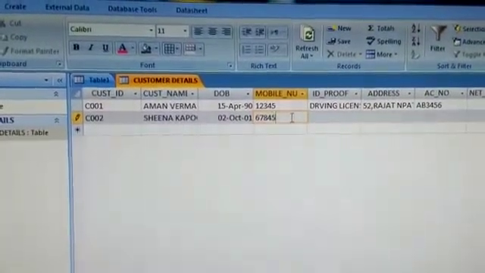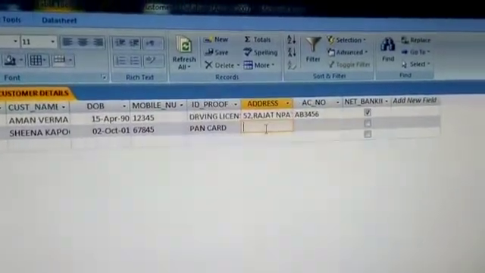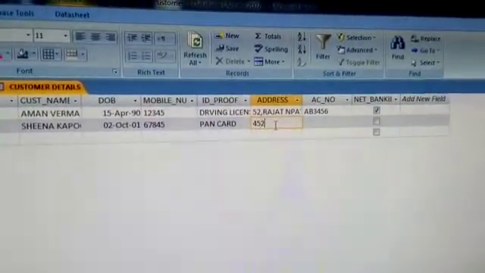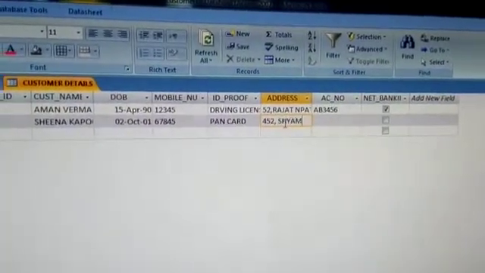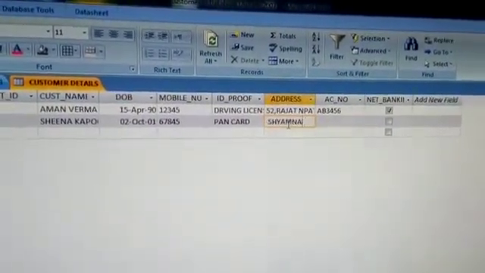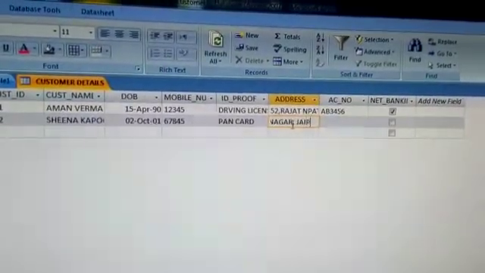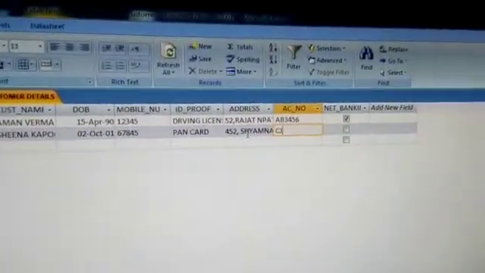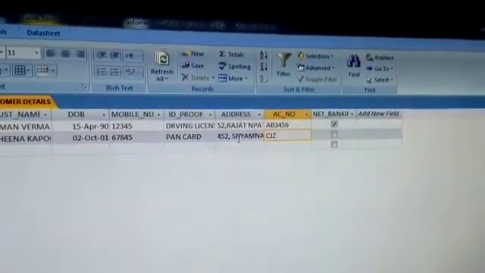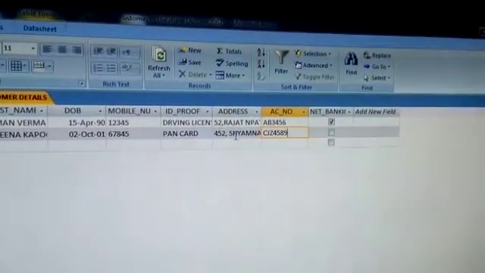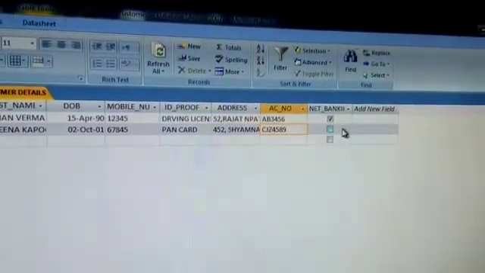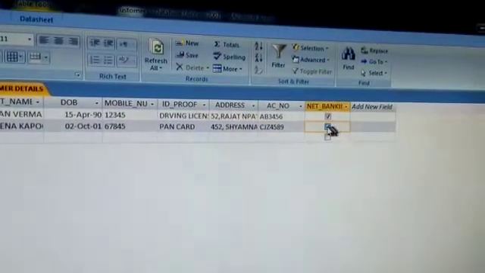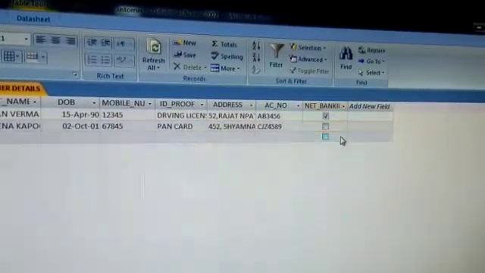Next, mobile number, ID proof, address, 452 Shyamnagar, Jaipur. Account number, and net banking. If not availed, do not tick it. You can deselect and go to the next record.